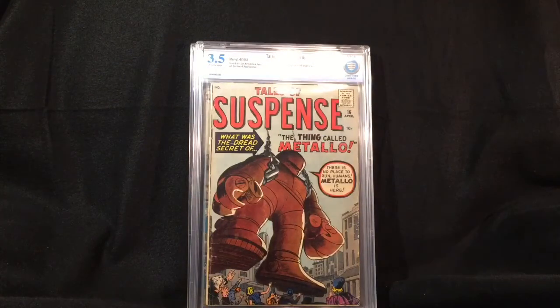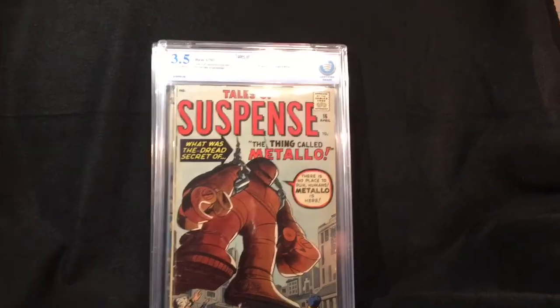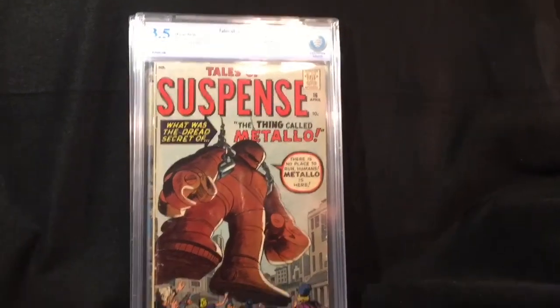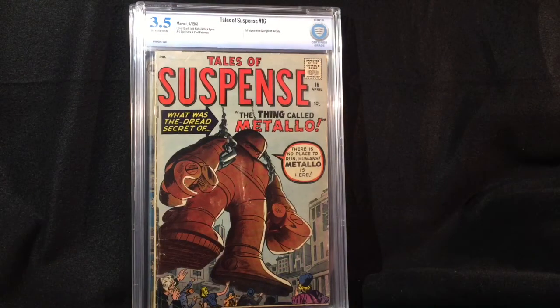Oh, made you look. This is actually a book I just got the other day. This is, let me scoot a little bit closer here. This is, a lot of glare. This is Tales of Suspense number 16 for those that did not see my other video. Maybe that will help with the glare a little bit. This is Tales of Suspense 16, and this is the